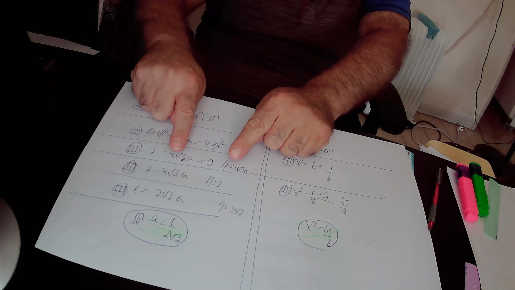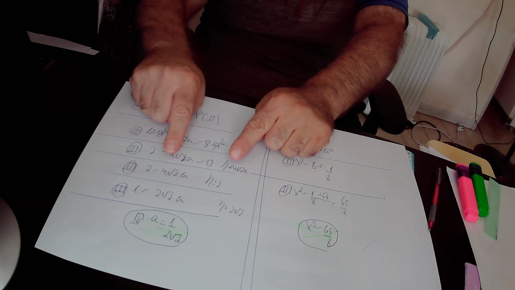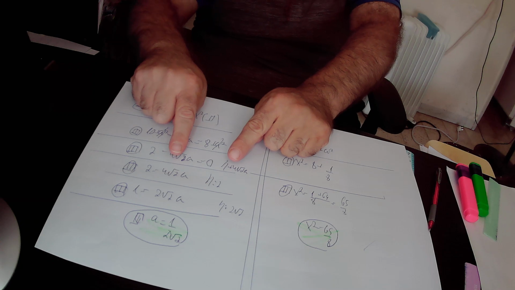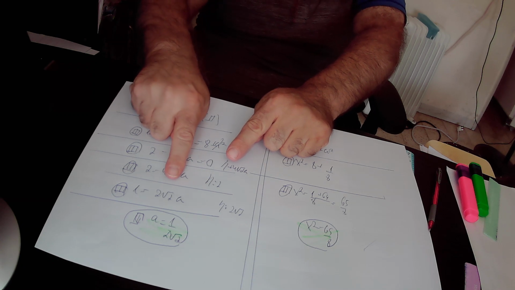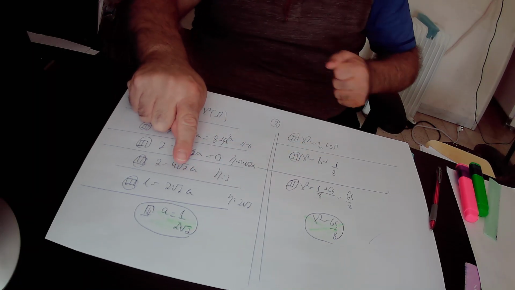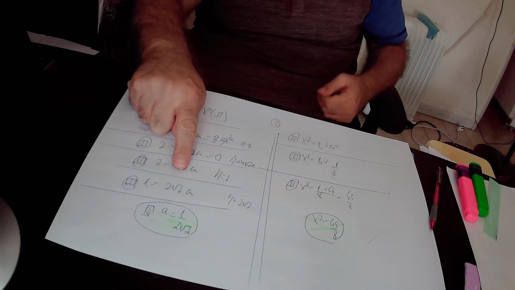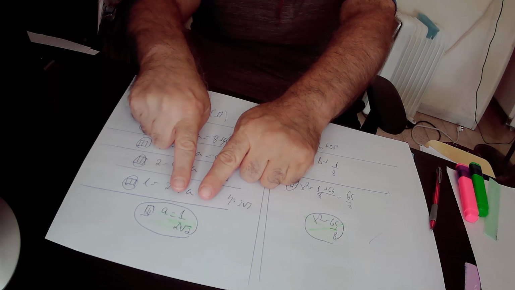Here we divided equation 3 by 2, and we found out that 2 over 2 is 1, and it equals 4 times square root of 2 times a over 2, which is 2 times square root of 2 times a. So in total, we found out that 1 equals 2 times square root of 2 times a. Here we divided equation 3 by 2 times root of 2 and find that a equals 1 over 2 times root of